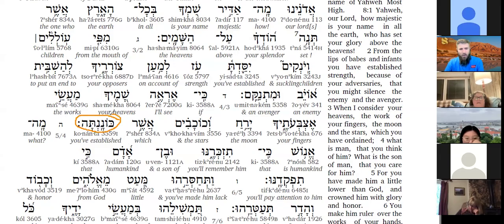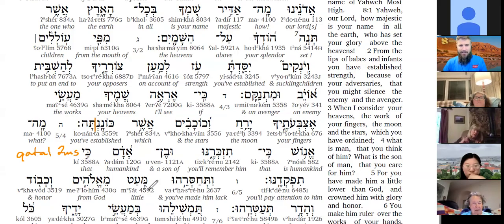What binyan is konanta? You can see the ta suffix, so you know it's a katal form, second masculine. Yeah. So what binyan does it belong to? Is it a participle? It looks like a participle because of the o, but it's a katal. It's not a participle. It's a polel. Very good. It's a polel, which is the specialized form of